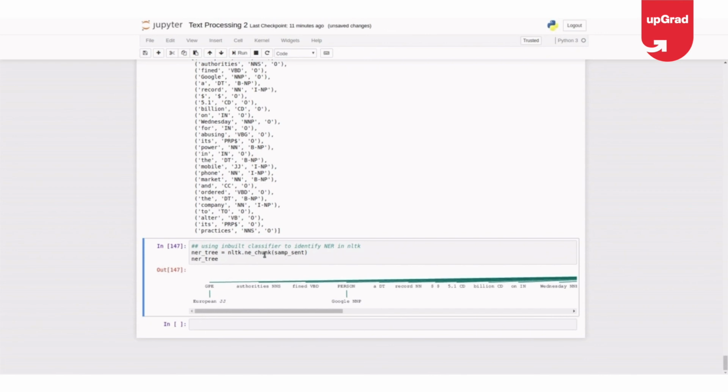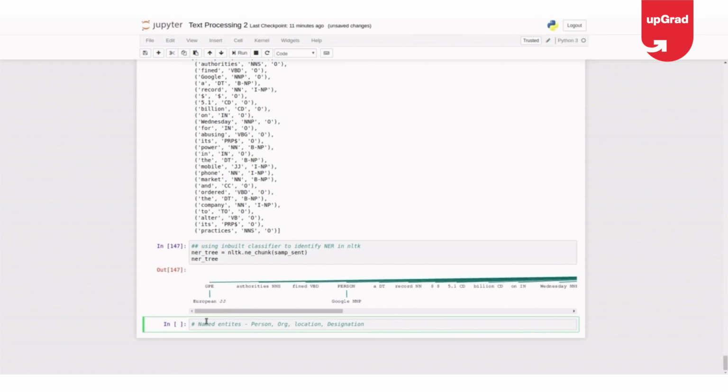So this ne_chunk or any other inbuilt classifiers like spaCy NER all have in common named entities like person, organization, location, and designation. Okay, in similar ways it will find NERs.